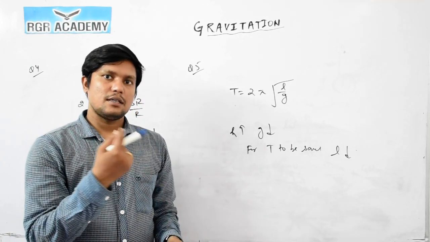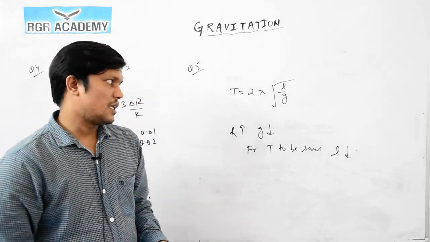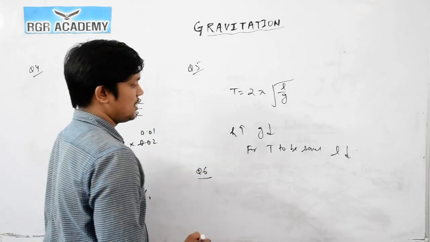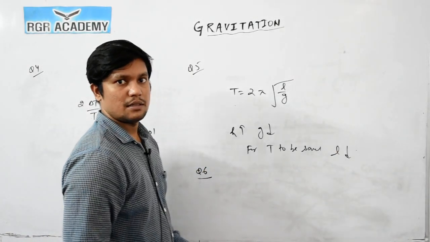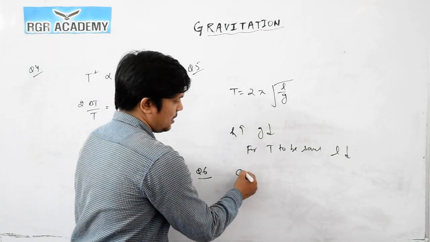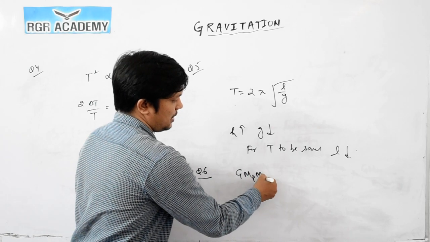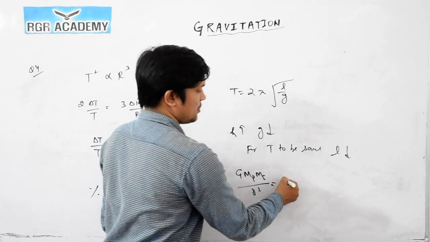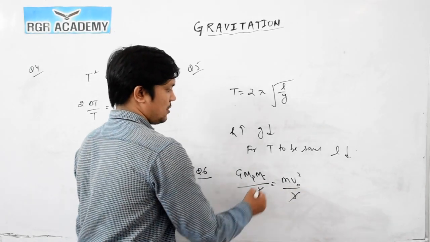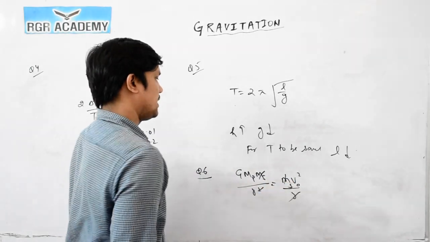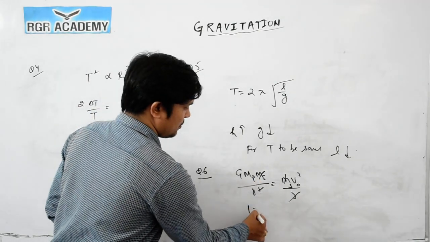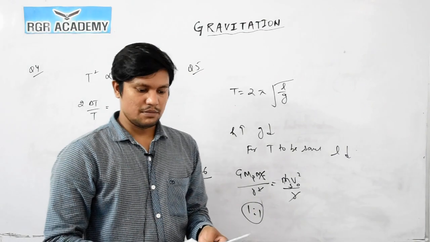The radius is actually independent of the mass of the satellite. We can easily see this because mass will cancel out: G times mass of planet times mass of satellite divided by r square should be equal to m v naught square by r. So one r will cancel out, and the mass of satellite will cancel out. So we can say that the radius is independent of mass. So the ratio is 1:1, and the answer is option number 3.